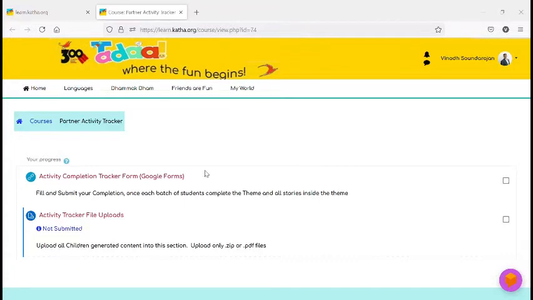Expand it. Use this form to update the activities that you have walked the children through on that day or that week. Start with your email, your name, the organization that you present, and the date of the activity, number of hours you conducted, the age group of children. Here you can add any specific information you would like to track about the group. You might say this was a group of 6 to 12-year-old kids in the area of Khan Market in Delhi, something like that.